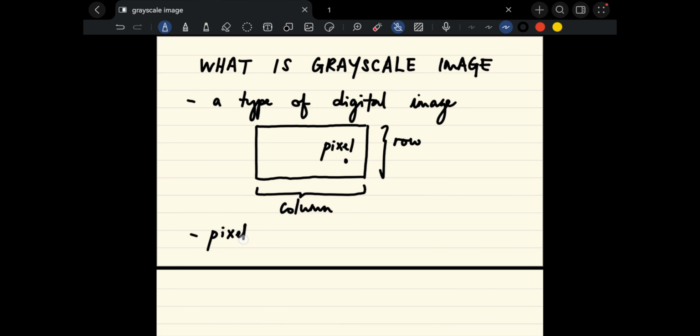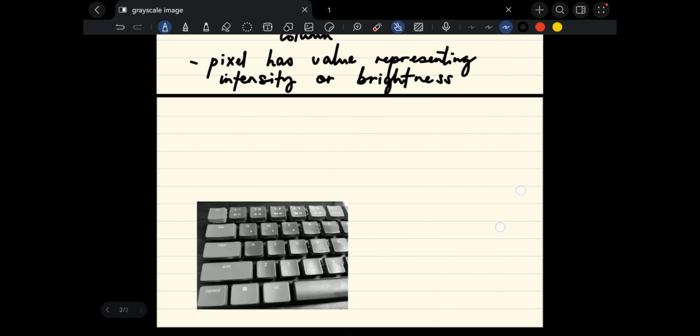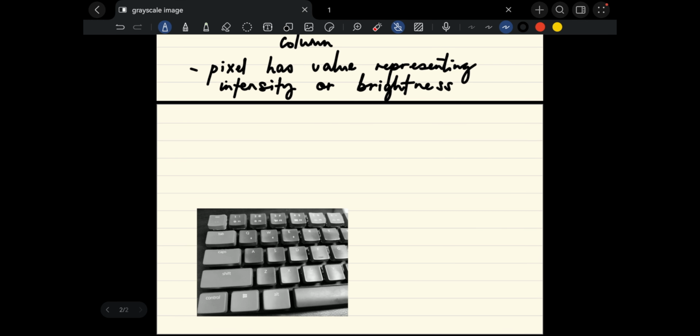So pixel has values representing intensity or brightness. So this is an example of grayscale image. This is basically a keyboard.